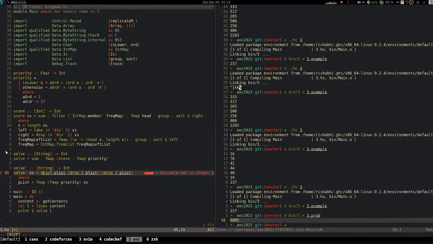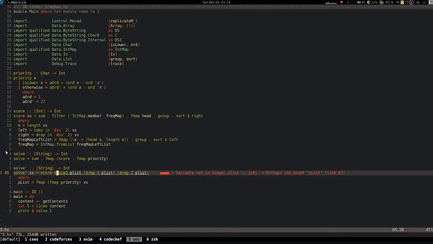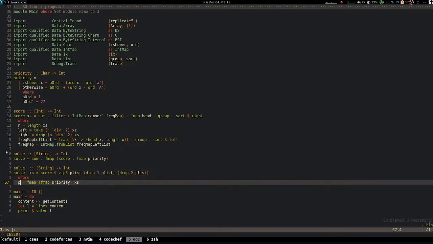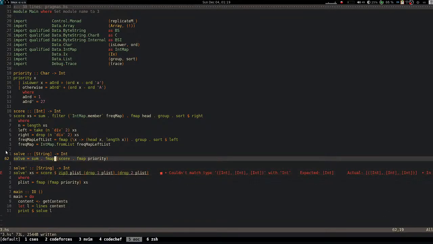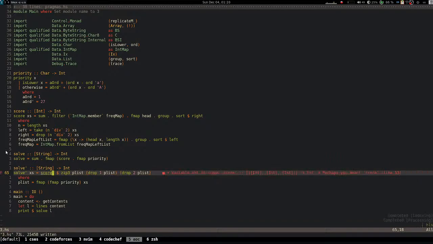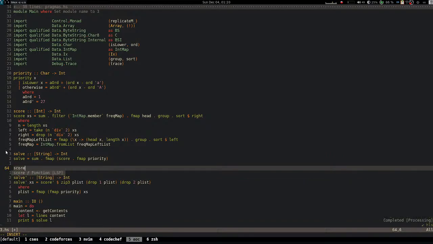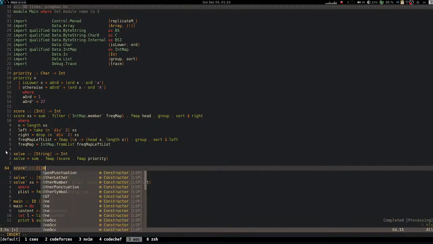And once done with that, I just need to score the whole thing, right? Score the whole thing. And this should do it. What is not in scope? Variable not in scope p list. Oh, okay. I can just convert it to p list, something like that. And it's like score prime. So the first thing is I need score prime. Score prime is just that it takes a list of